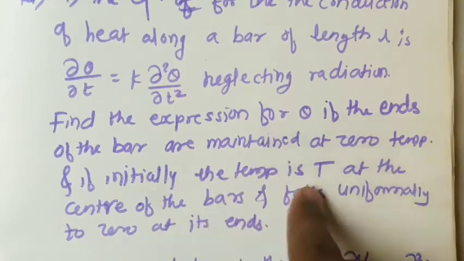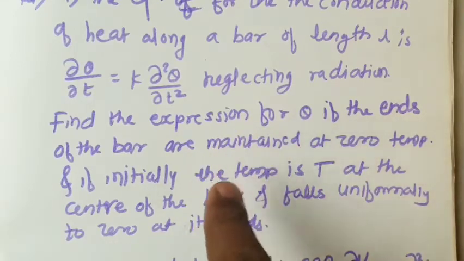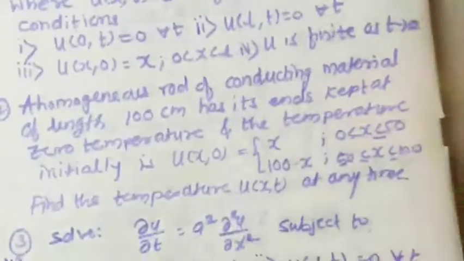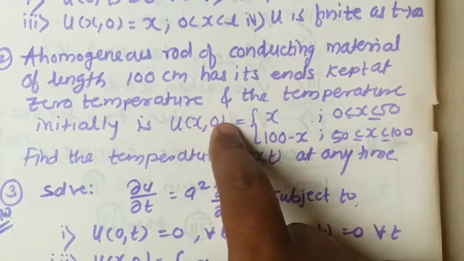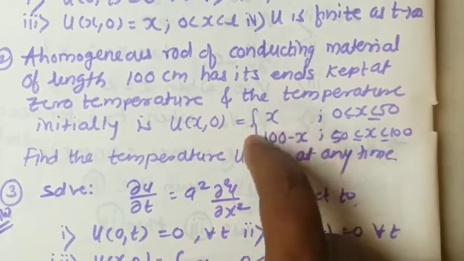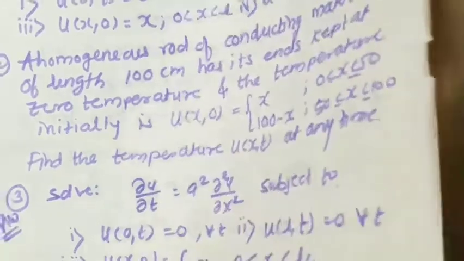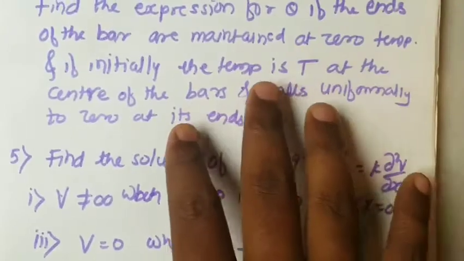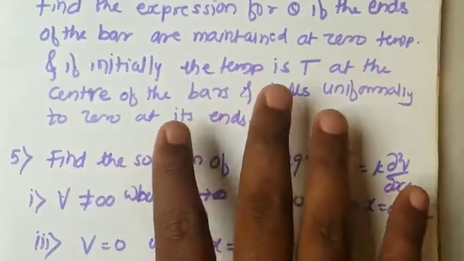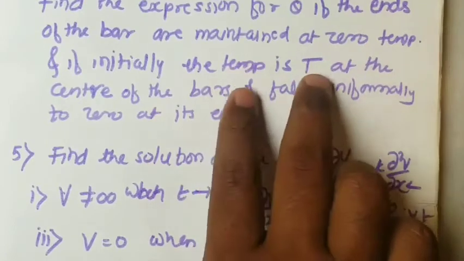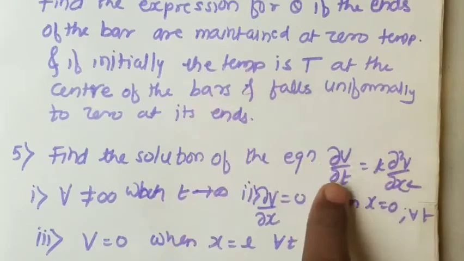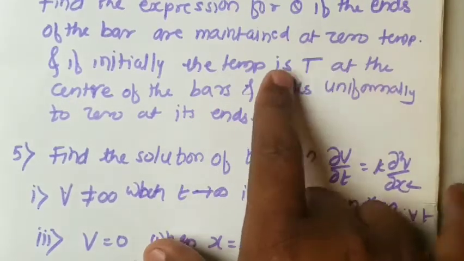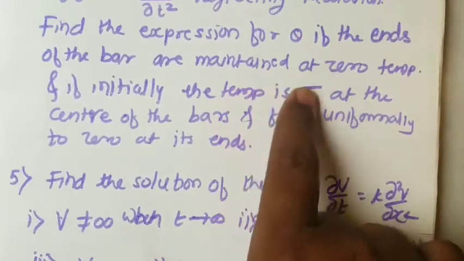From this information, we are going to do the calculation for the value of function u. This value we are going to calculate, u of x, 0. Initially temperature is given, initial temperature we are going to calculate, but this is not the form of expression we are going to find, because the temperature only at the center is given initially, but throughout the bar what is the temperature at t equal to 0, that we are going to calculate from this information. This type of problem we have done in the wave equation also. There we have done one problem of this type. After starting the solution, you will understand how we are going to do this.